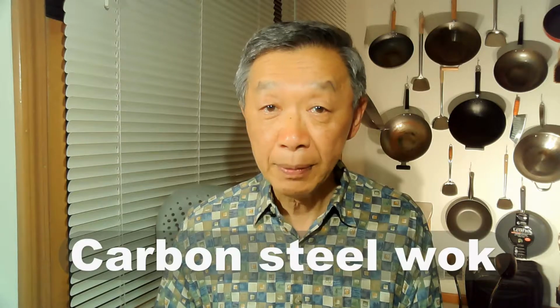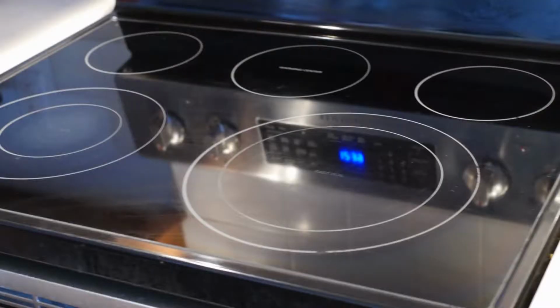The electric stove with a glass top behaves similarly to the electric stove with the coil type. Again, when you terminate your cooking, you need to remove your wok from the stove even after you turn off the stove. Many carbon steel woks do not work very well with the flat glass electric stove, simply because when